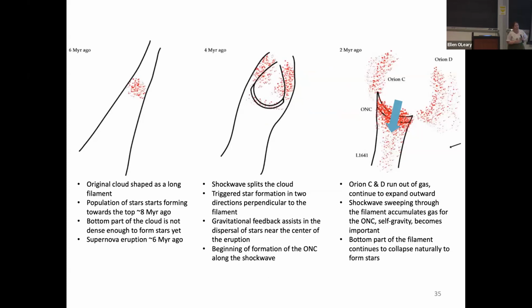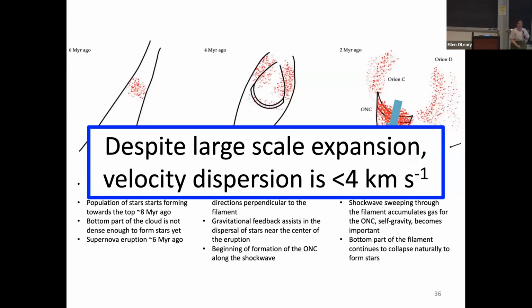But it's also worth keeping in mind, even so, that we do have a significant expansion signature, the velocity dispersion across the entire complex is just 4 kilometers per second. It's significant, but it is fundamentally much smaller than the velocity dispersion of the field stars. And this is actually kind of on the larger end of what you would find in star forming regions. So given that the Orion complex contains 10,000 stars,